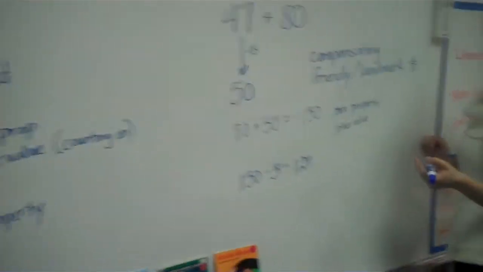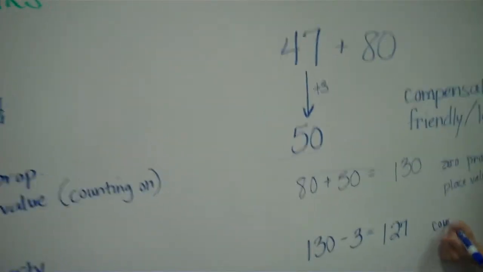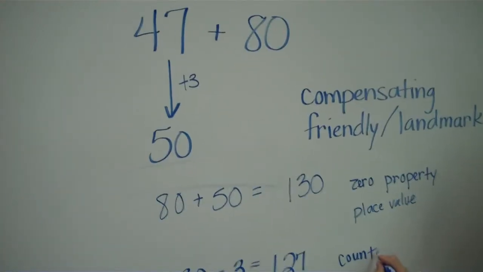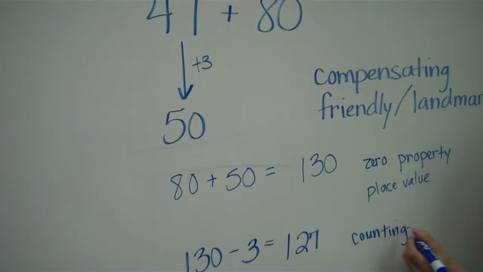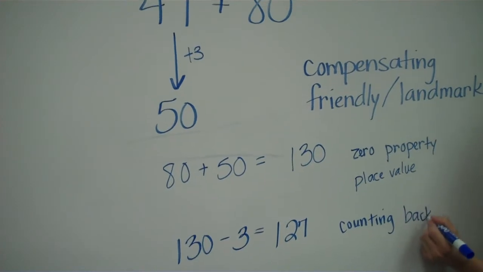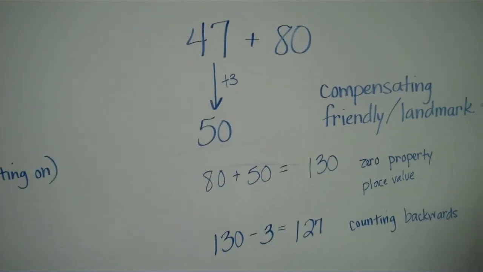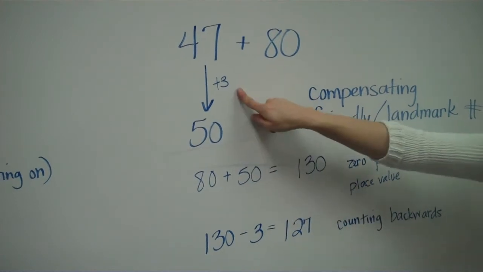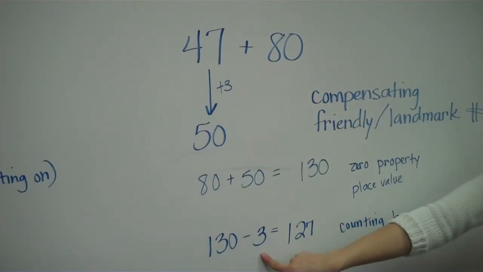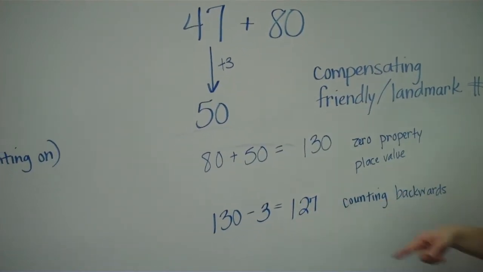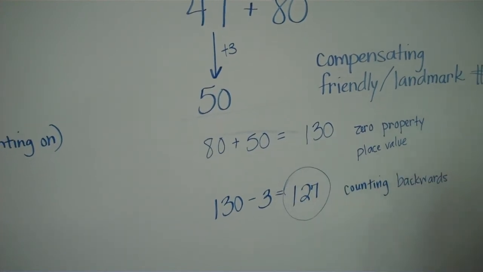And how did you get this part of this? Counting backwards. Okay. And tell me why you subtracted 3. Where did that minus 3 come from? From the top, you still have a number there, so you have to subtract the number. Okay, so where you added 3 when you compensated, you have to go back and correct that compensation at the end to get your exact number. All right, very